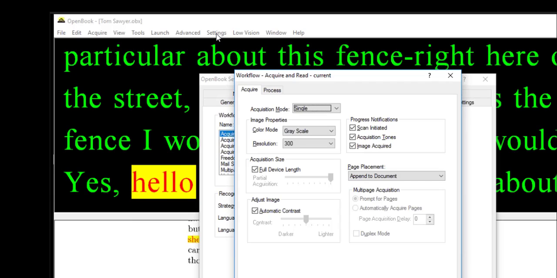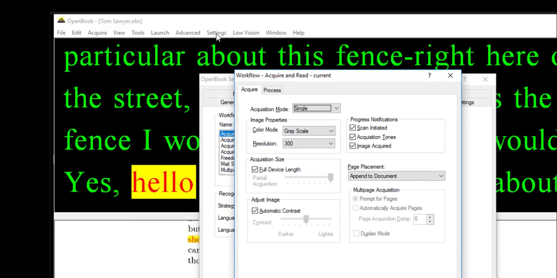I don't have time to go into vast detail with all of the ins and outs, so I'm just going to walk you through the sorts of things you can do. These tweaks can be very useful for people who are totally blind, who can't see the document and so can't guess the outcome, but can experiment with the workflow to change things like the resolution, the color mode, and the contrast. They might change one setting at a time and see whether they get a better result with that tweak. The options we have in the acquire, and the acquire process is of course the scanning process, are,